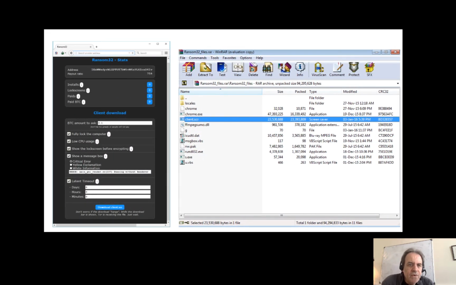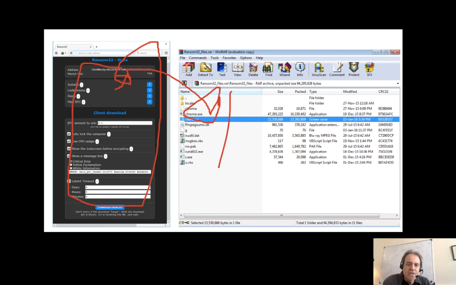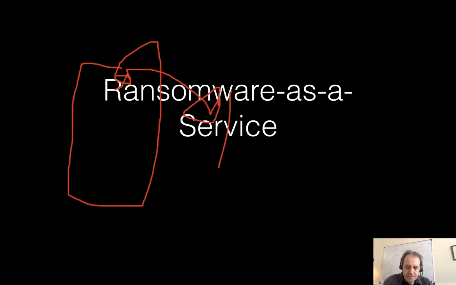Okay, so here's an example of the console here for Ransom32. So once the user enters these details, such as for Bitcoins, payments, and so on, you'll see the Bitcoin address defined here, then it downloads this as a zip file, and these are the kind of contents, and there's a fully packaged vulnerability in this case for Ransom32.